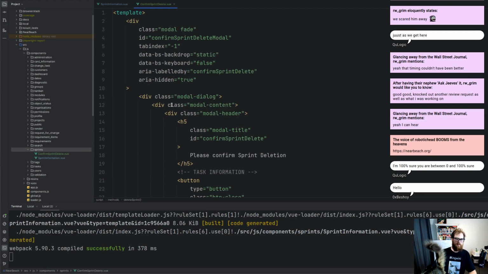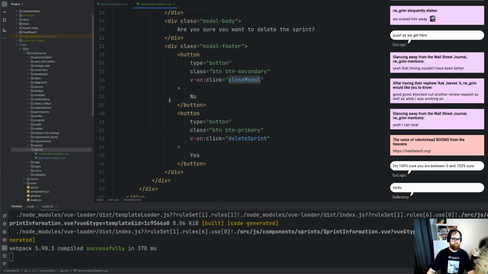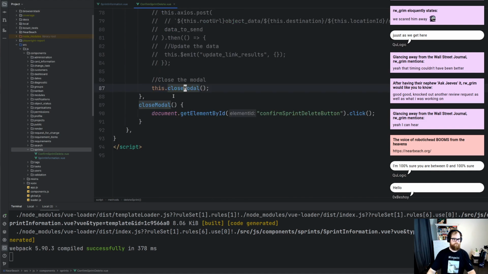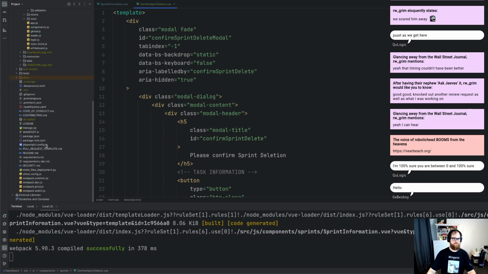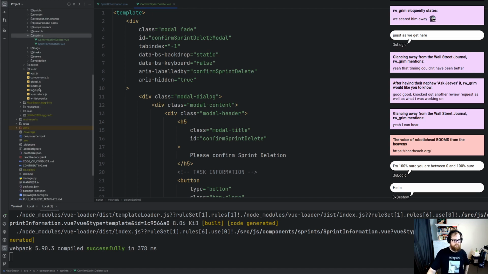Okay, so we've got this closed modal. Now, all right, we might as well edit it. Might as well also add in this functionality, which means we've got to